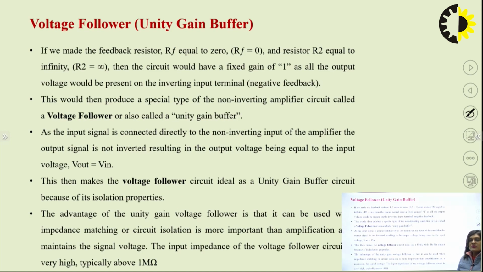After that, voltage follower. Voltage follower means that what we are giving as an input, the same we are obtaining as an output. Voltage follower acts as a unity gain buffer. And how is it made? It is made by making the feedback resistance RF equal to 0 and resistor R2 equal to infinite. Like